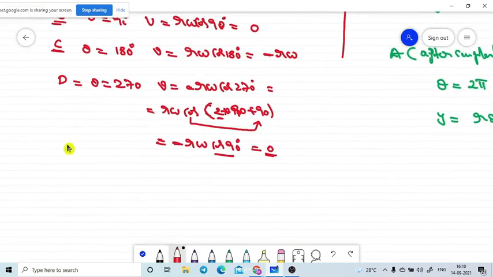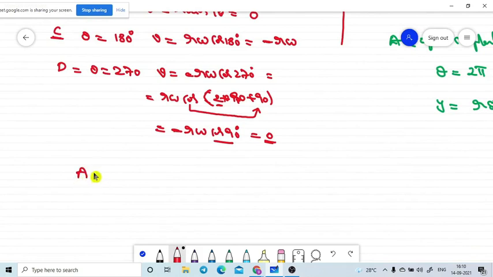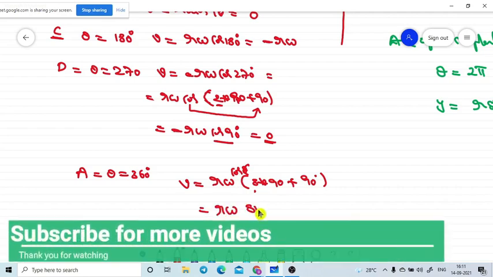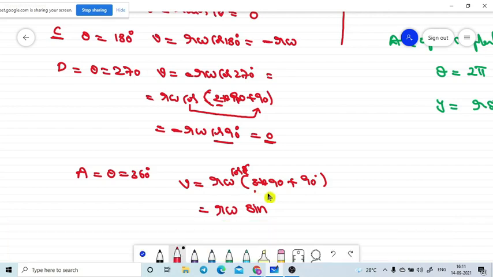Again, if we go to one complete rotation, we again reach A, theta is equal to 360 degrees. At 360 degrees, the value is R omega cos of 3 into 90 plus 90. Sorry, the cos term is there, isn't it? Every time I am missing this cos term. It is the odd number, so the cos term will convert to the sine term. So R sine of, we need to check whether the positive or negative sign will come. So it is the fourth quadrant.